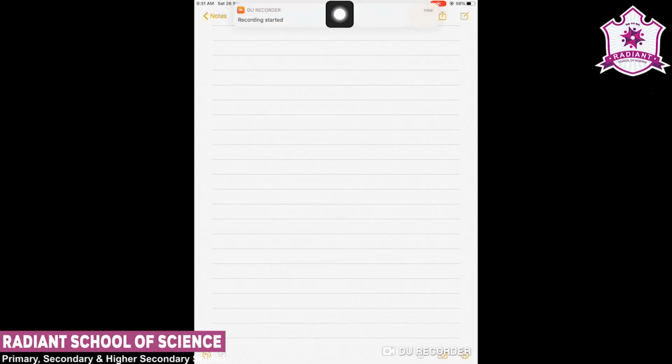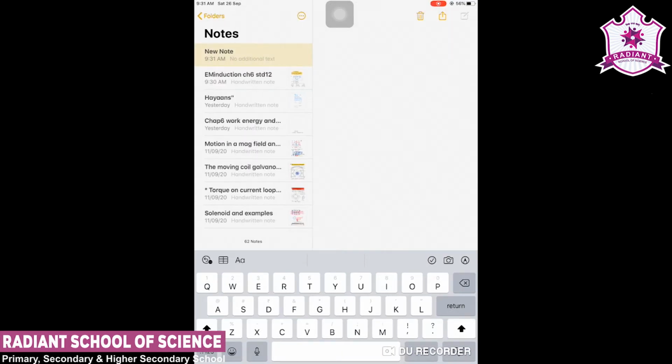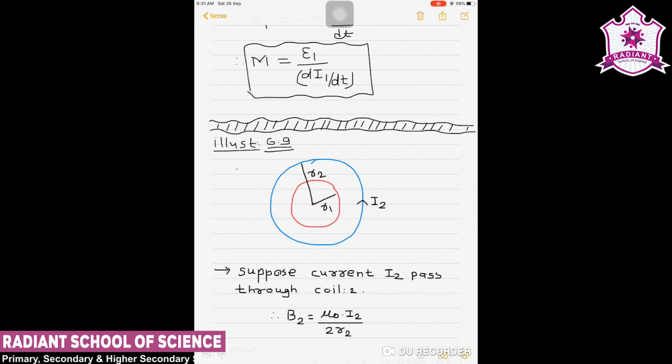Dear friend, today we will see the topic related to yesterday's topic, that is electromagnetic induction, and that is mutual inductance. Now, what actually is mutual inductance? We have learned that if the magnetic flux of any coil changes with the current passing through another coil, or in the same coil, then the current is induced in that ring or coil. That is called induction.